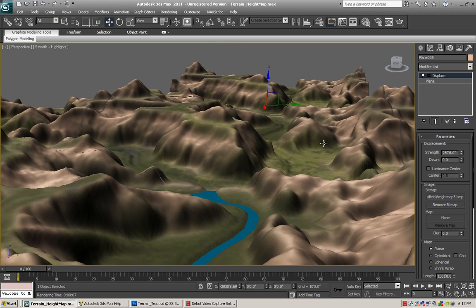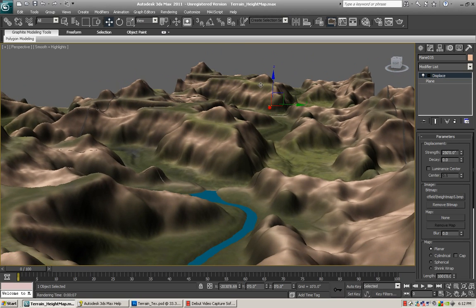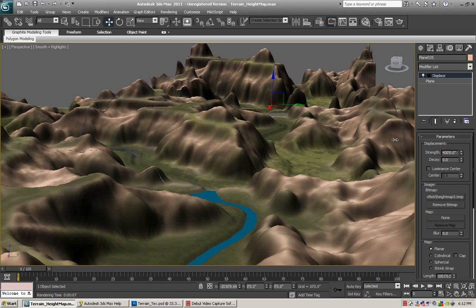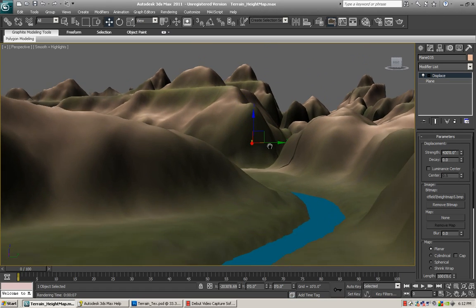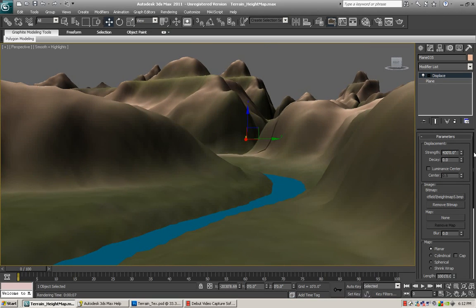But once we get our new modified height map on the background, what we can do is go to the strength and dial it up so that you can see when we're 6 feet tall down in this canyon, we can see hills beyond